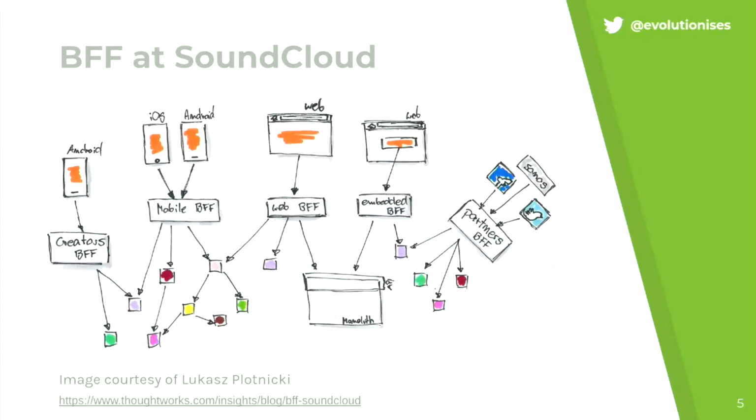The other thing that I really like about this is you can see the granularity that they've chosen, right? So you can see that there are 2 Android applications. And this is where the client experience idea comes in. You can see that they've decided that their iOS and Android applications, the general consumer-facing ones, are similar enough that one API serves them both. But they have another Android application, and that one is used by people who are creating, not people who are consuming. And so they've built a separate API for that, because that client experience is significantly different. And I'm going to talk you through why I think this is a good idea a little bit later.